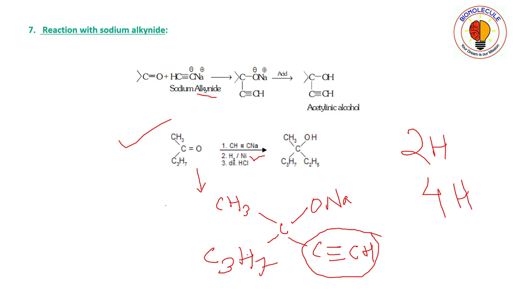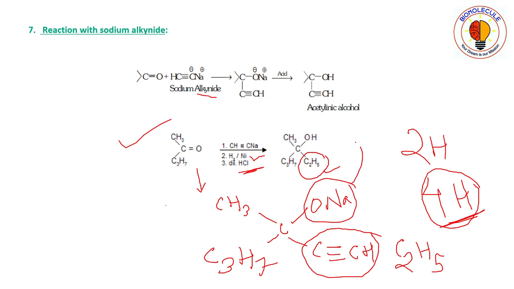Okay, 4 hydrogen atoms. So see here in the product, 2 carbon atoms and 1 hydrogen atom, that is C2H, was present. Now after reducing we are adding 4 hydrogen atoms, that is H plus 4 hydrogen atoms gives you H5, so C2H5, and after that dilute HCl will convert ONa to OH. Okay,